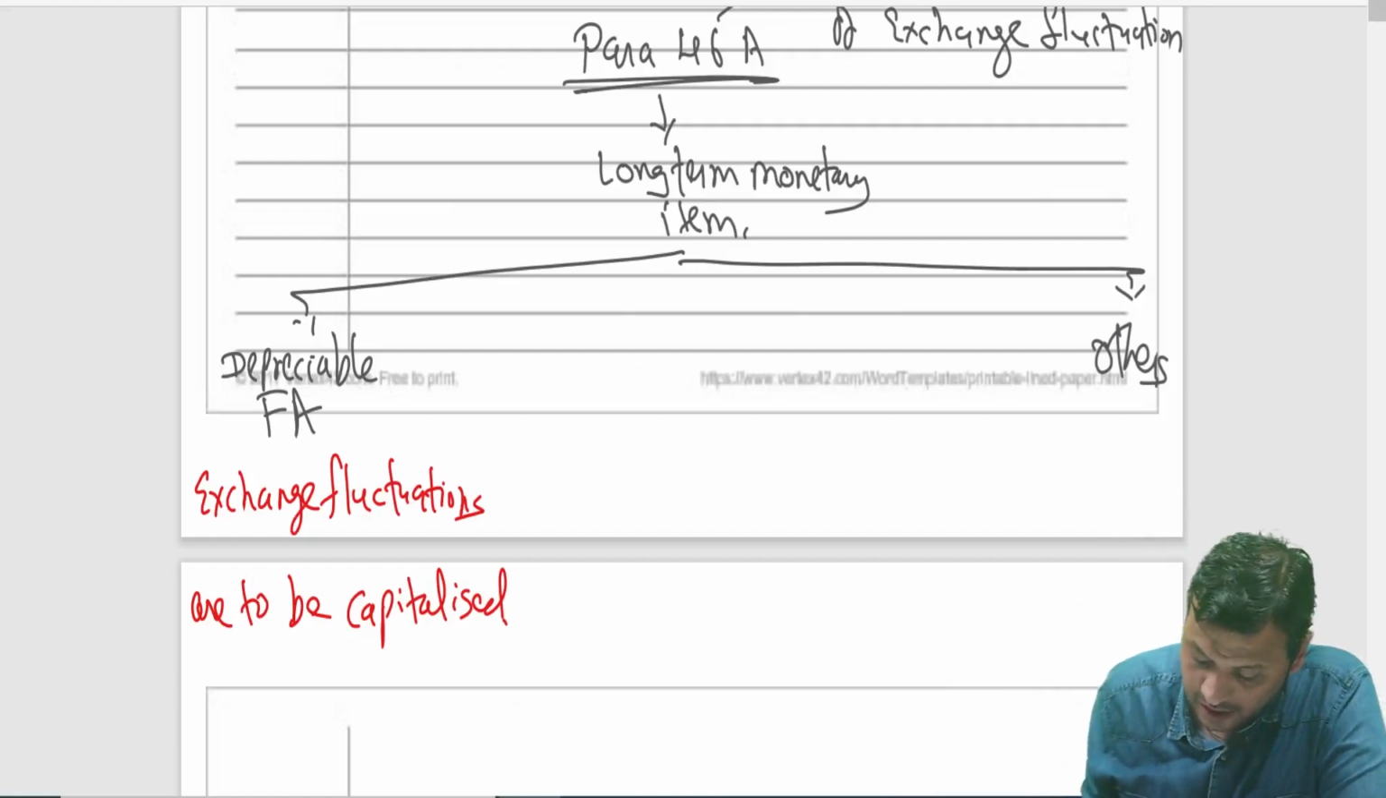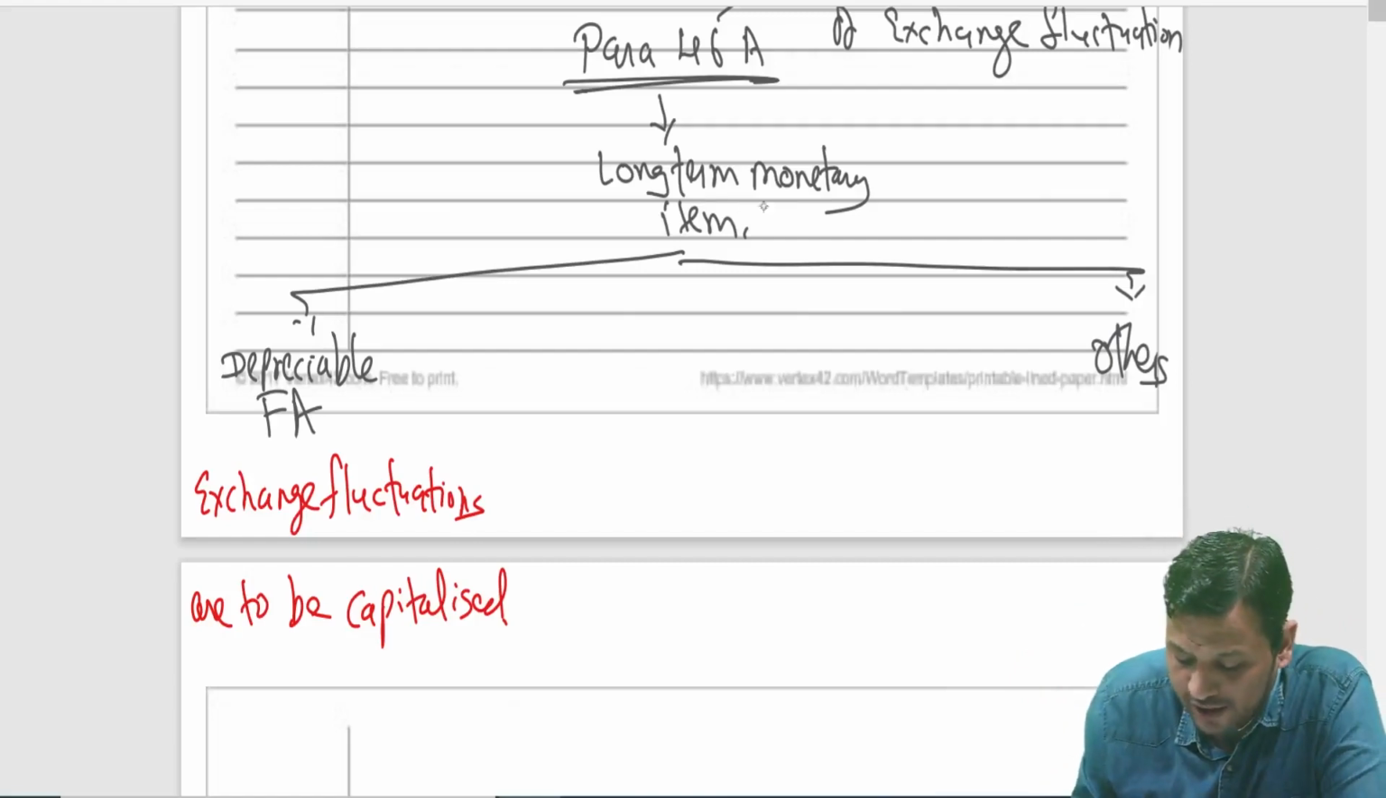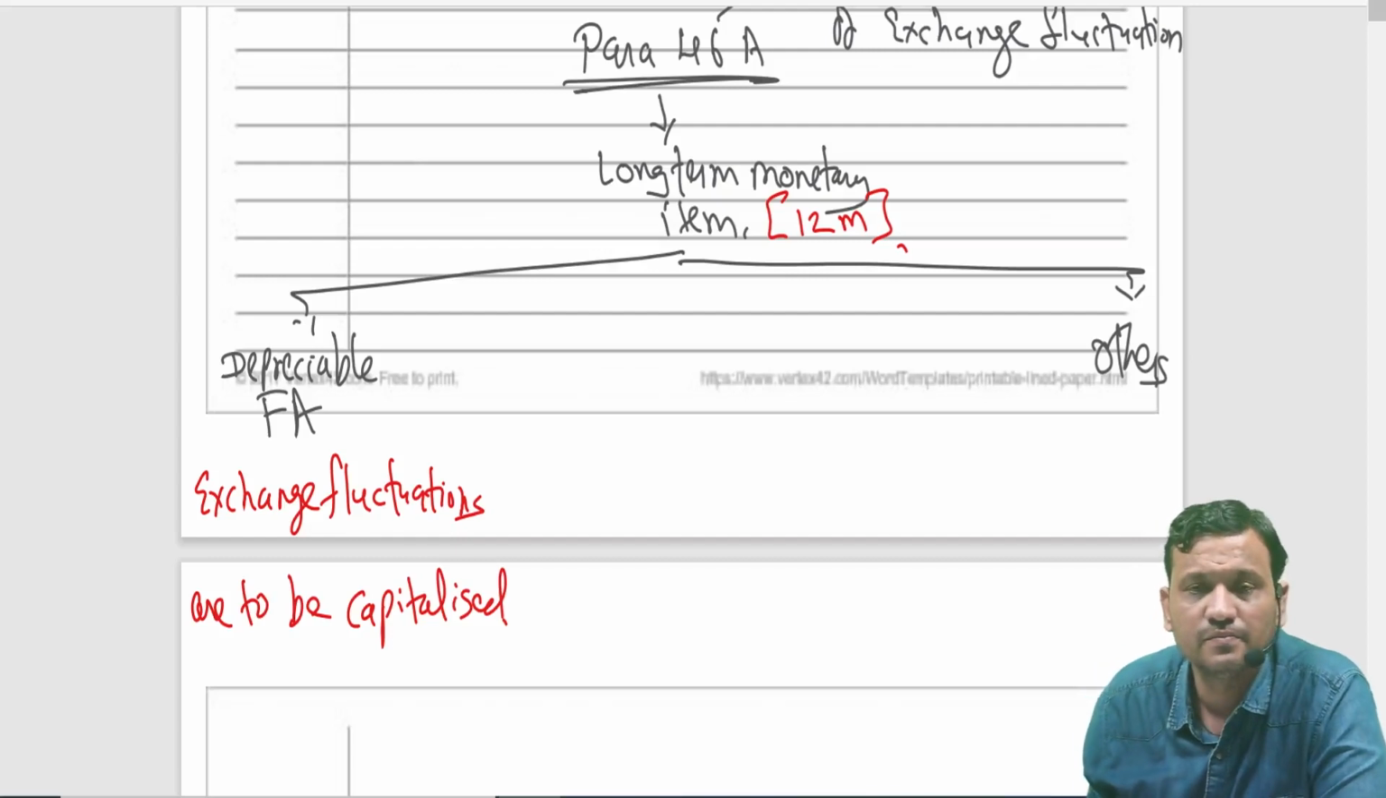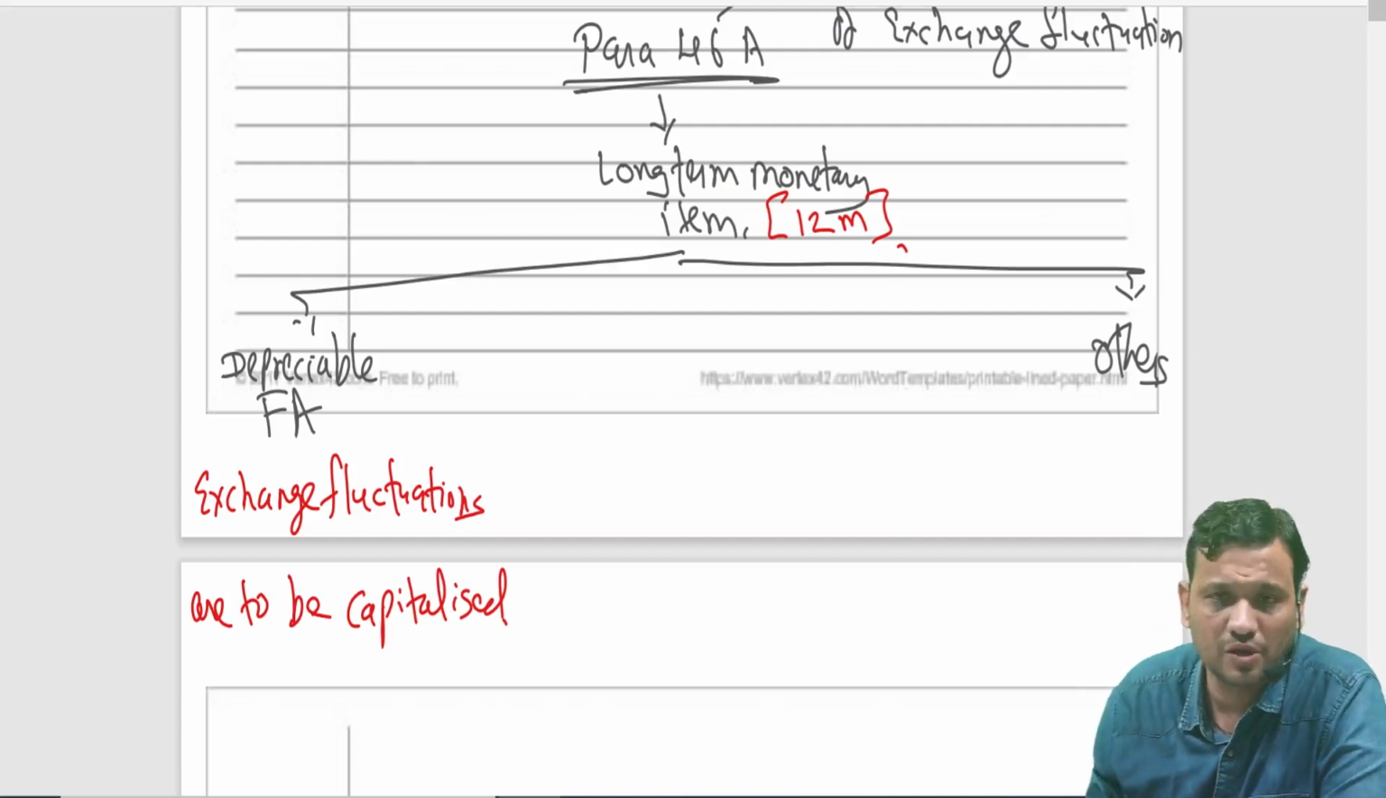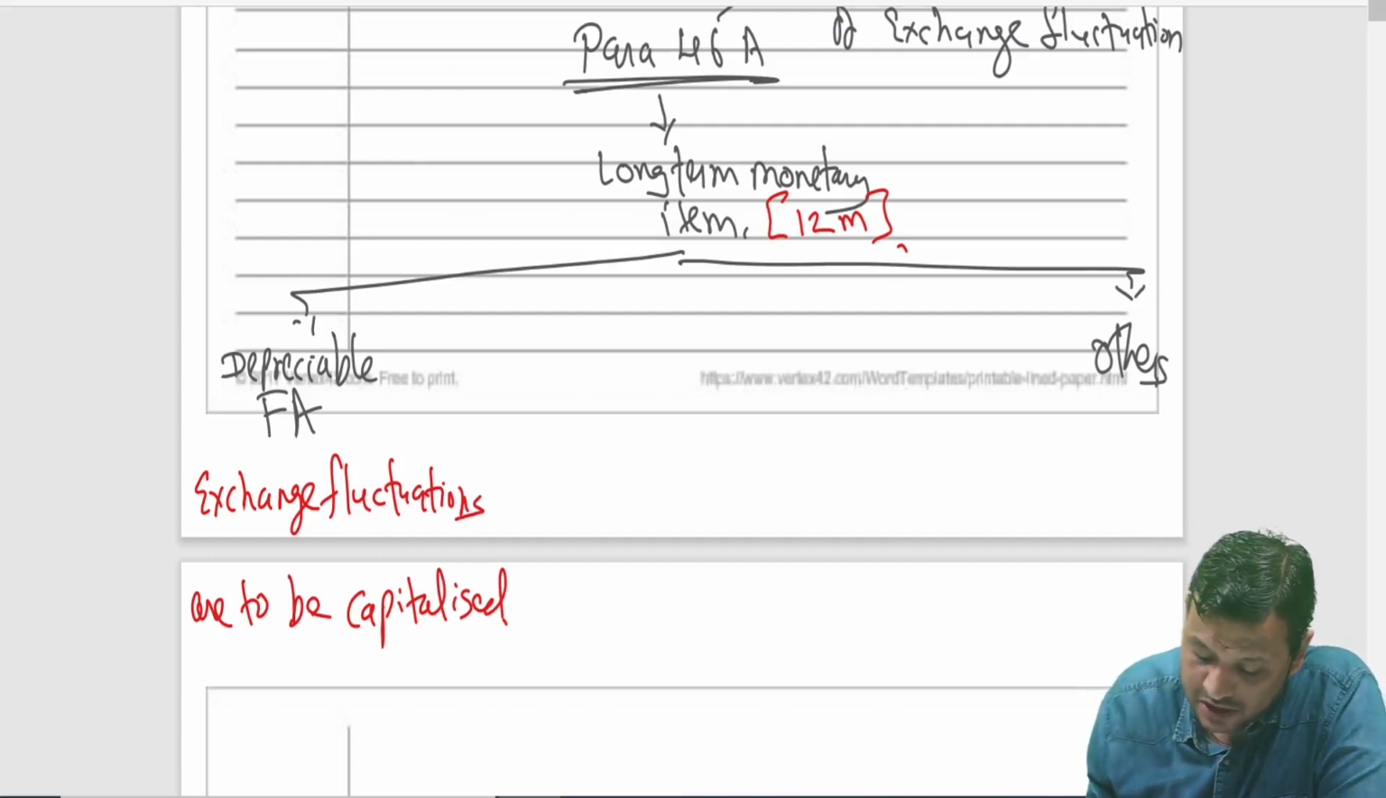But a long-term monetary item means nothing but any item which is there for 12 months. It is not applicable to short-term items. Any monetary item which is there for 12 months. If it is in relation to other items, then it says